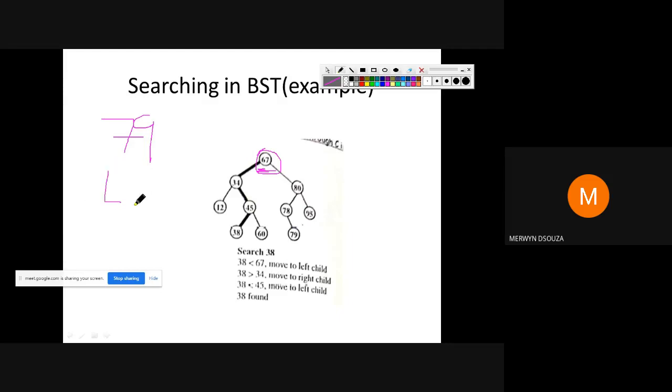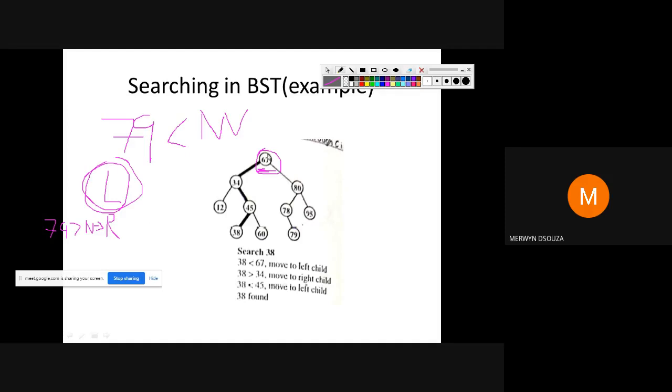If 79 is greater than this value, then you will go right. Whenever you compare 79 with the value of the node, if it is less than the node value, you go left, and if it is greater, you go right.